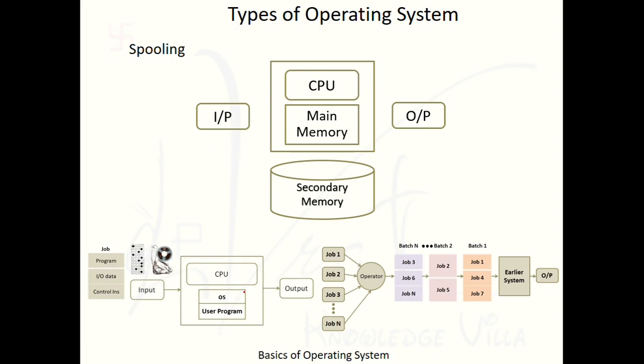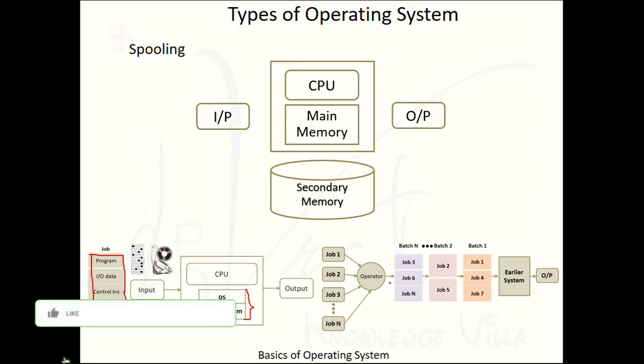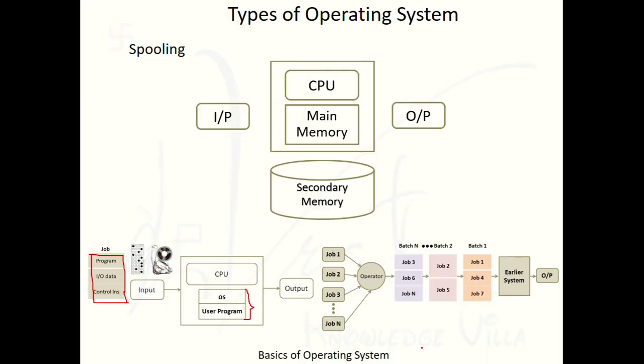In this case there was a common memory, and at that time input was produced by a single job. Now in the batch operating system we have modified the IO system. In place of putting a single job into the input, the batch operating system will put multiple jobs in a single batch as an input, and the same thing into the output. Get it? So right now see here what the modification is.